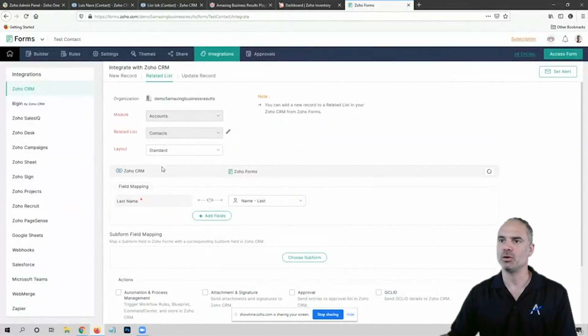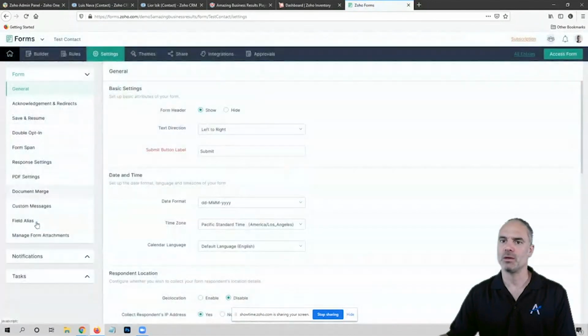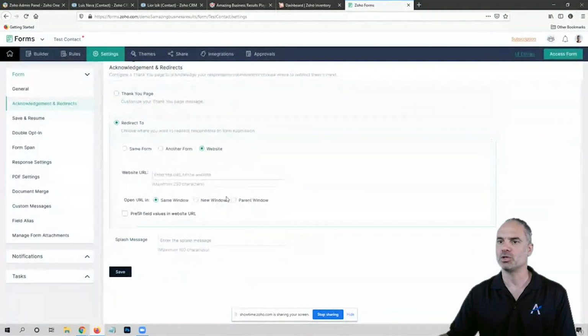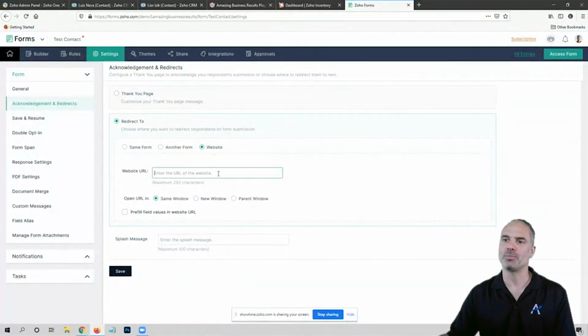You can go to the form settings, and then you have acknowledgement and redirect, and you can just redirect it to the thank you page of your website. Yeah, exactly. Cool. That's something that you can do. That's great. Okay. Thank you.